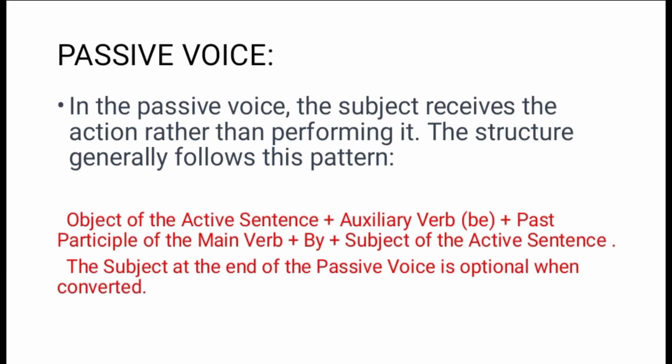First, we will simply know what is an active voice and what is a passive voice. As we are done with active voice, we will now study what is a passive voice. In the passive voice, the subject receives the action rather than performing it, as in the active voice, the subject performs the action. And in the passive voice, the subject and the object both exchange their places, and the third form of the verb is used. In the next slides, we will discuss the remaining rules of changing the active voice into passive